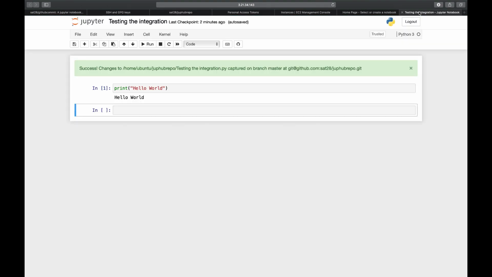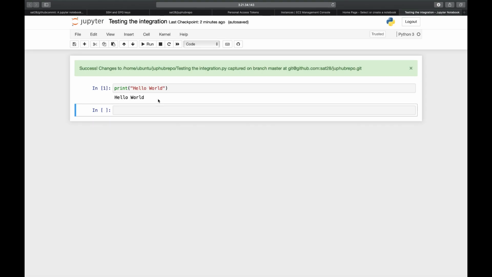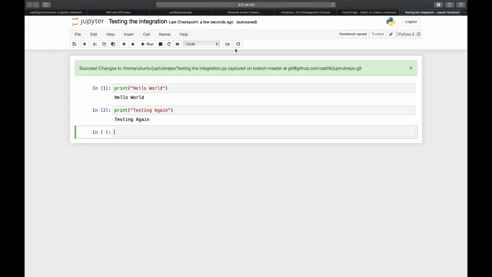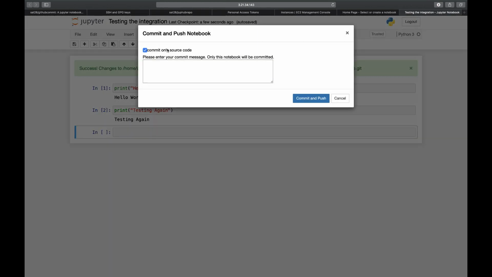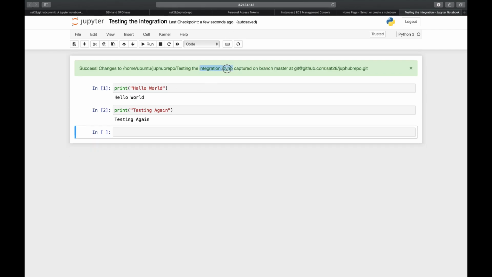With the click of a button, whenever you are working with your version, you can commit it. Now let's say print testing again. I made some changes to my notebook. Now I want this latest version to go, so I push the latest notebook. I prefer notebooks to be pushed, but it's your personal choice. And make sure you have saved it, and that there are actually some changes inside the notebook, else this would throw an error. That's one thing you should keep in mind.